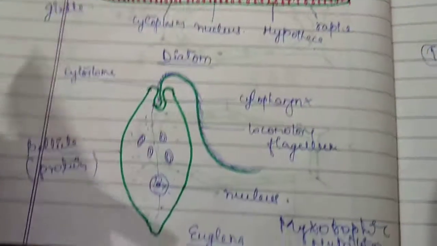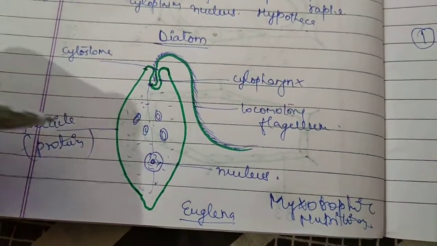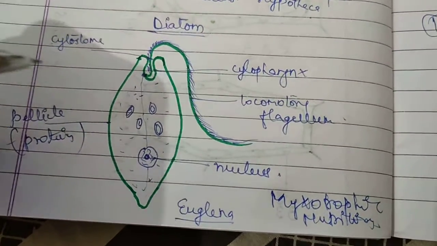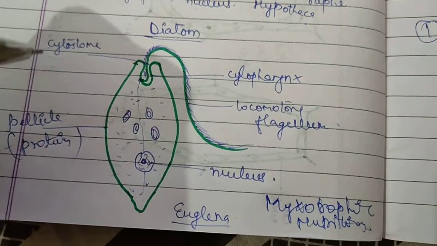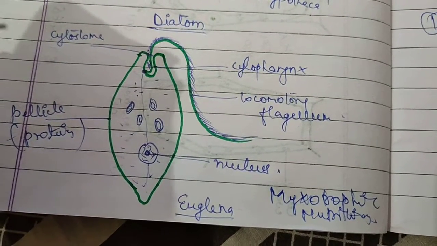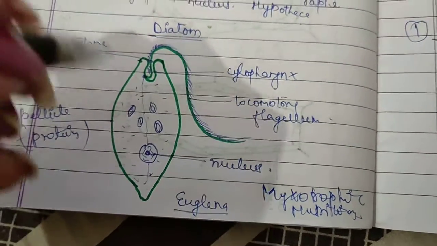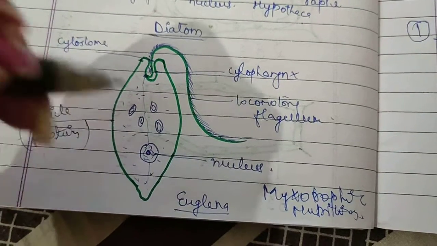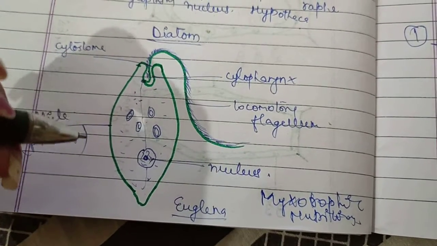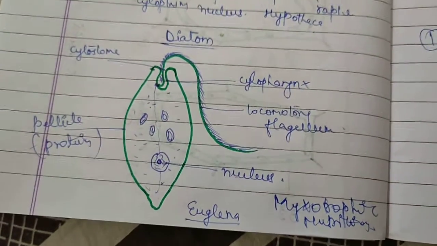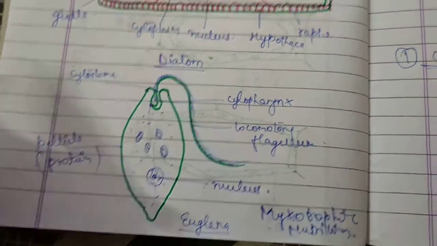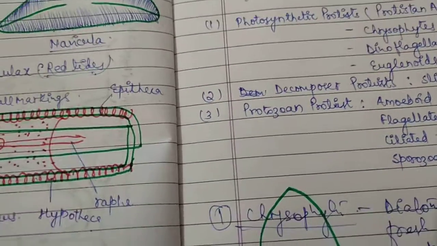Whenever sunlight is present, they behave like a photosynthetic organism. Whenever the light is absent, they behave like a heterotroph. So this is interesting about Euglena. And the pigment present in Euglena resembles that of higher plants, like chlorophyll A, B, etc. So this is Euglena. Next one is the slime molds.